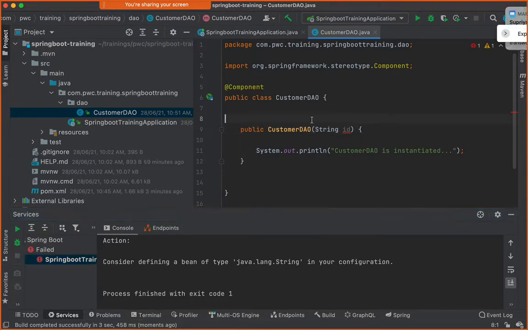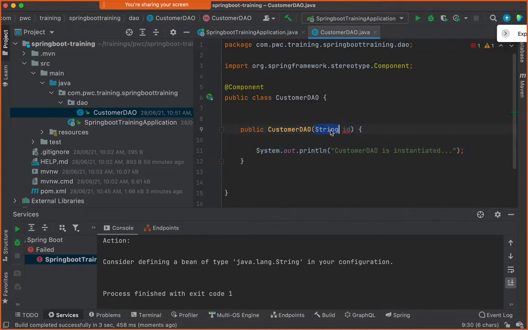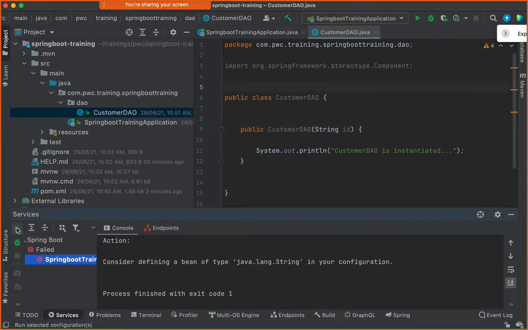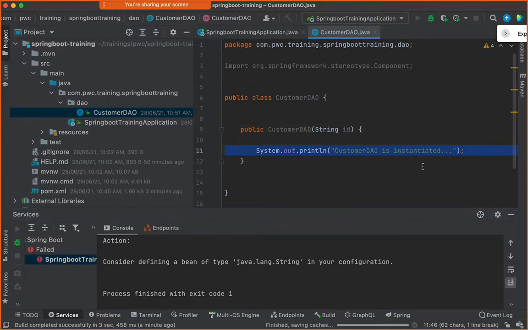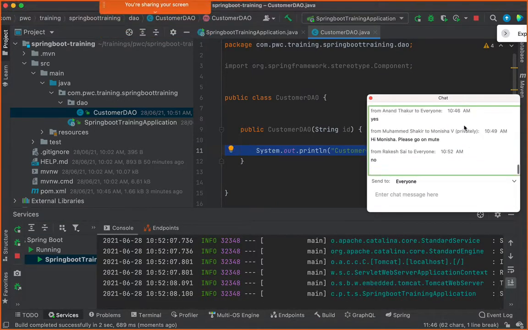So suppose you want to programmatically create this bean, the instance of it. Suppose you don't give @Component over here. If I don't give @Component here, do you think it's going to instantiate it? Will the object of the class be created?